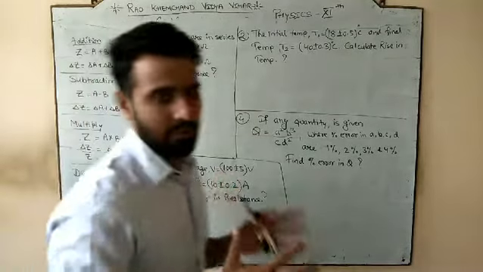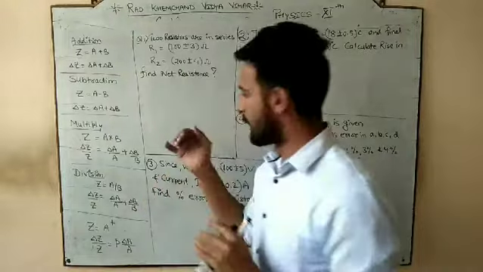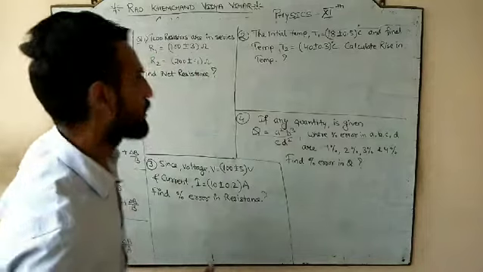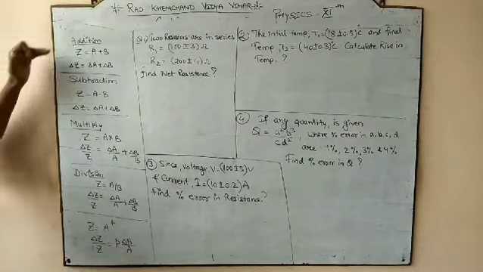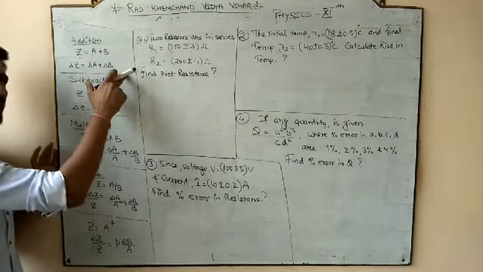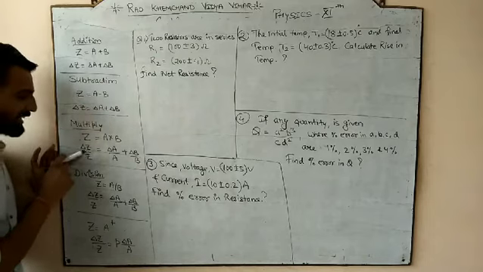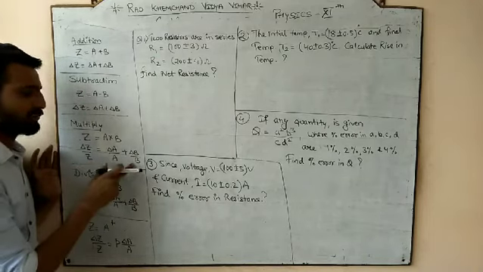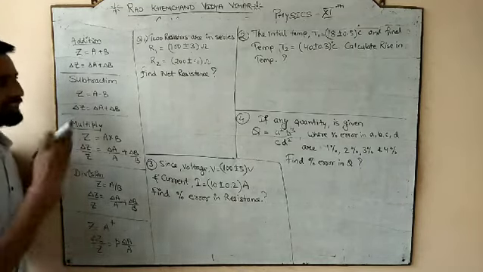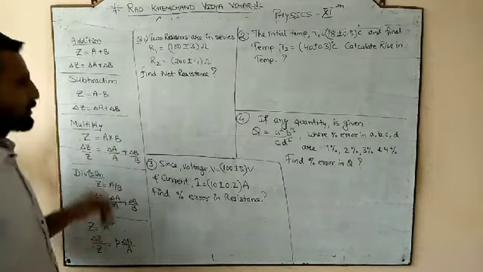Okay everyone, without taking that much long time, let's do some numericals related to all small types, and you can do your assignment by your own. So here I have written all the relations, that in addition your final true value is a plus b, your error would be delta a plus delta b. In subtraction similarly, but in multiplication, relative error is equal to the relative error of the first and the second, and in division and the same in the power. So there are all the expressions, you can also note them down. Let's start with the first numerical.